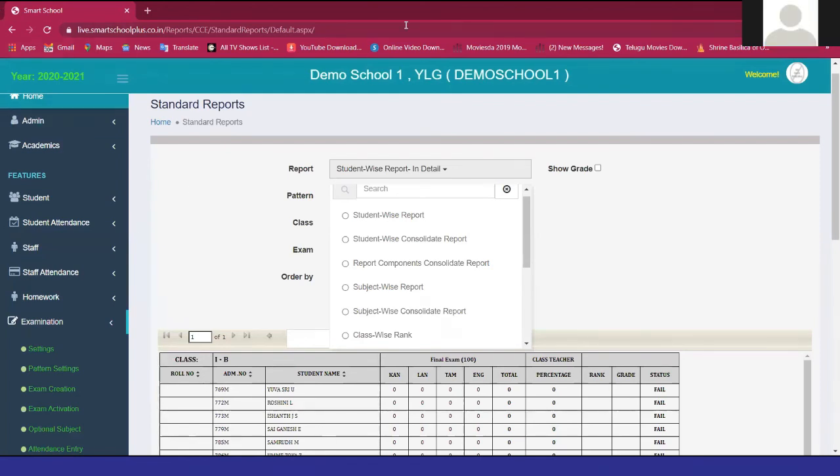Yes, ma'am, I understand your question. We rolled out the update two months ago. In the staff mobile app, on the mark entry page itself, you can find the Excel sheet support. Once you enter the marks, you can click Excel sheet support, and you will be able to see the entire class Excel sheet there itself. It will be shown in the mobile. The feature is already available, ma'am. Okay, thank you.